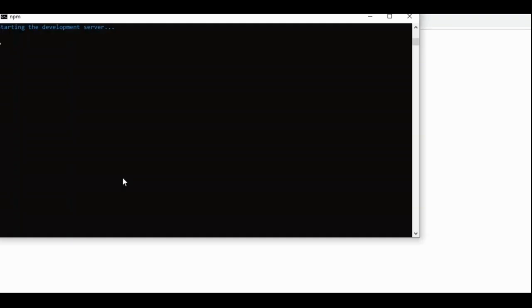Now our application is loaded. If you browse it, the default port associated with it is 3000.